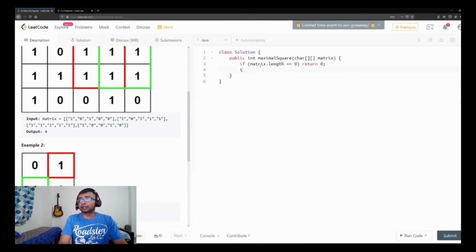Now, what we have done is we have created a DP table, right? It's a two-dimensional table which has the same number of columns as our input matrix. So I'll be using matrix.length and matrix[0] because they are of size m into n, so we cannot do matrix.length into matrix.length. It's not square. Okay, so I am pretty much set, and I'll store my result into result, and at the end we are going to